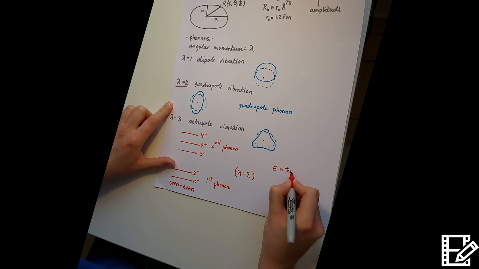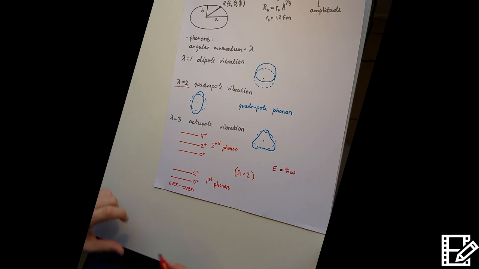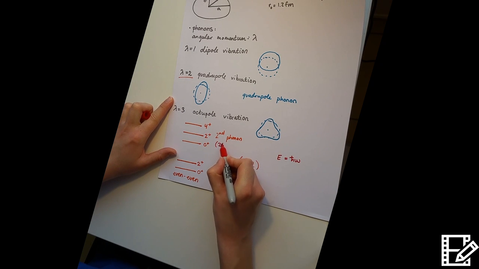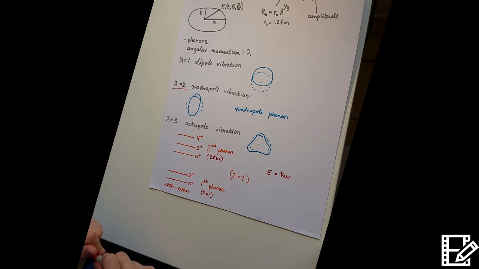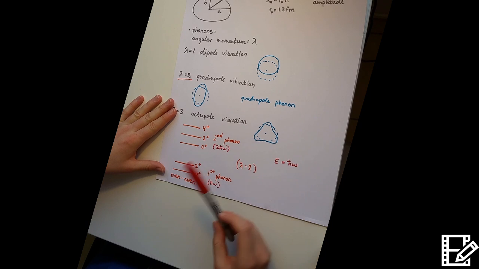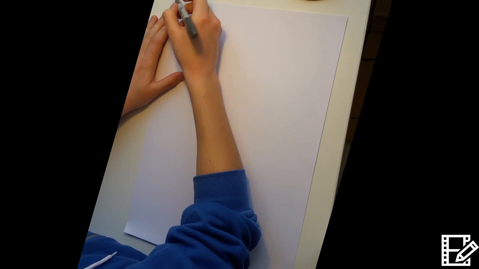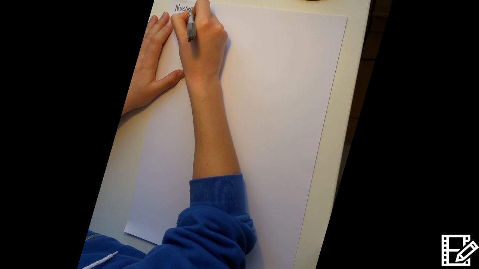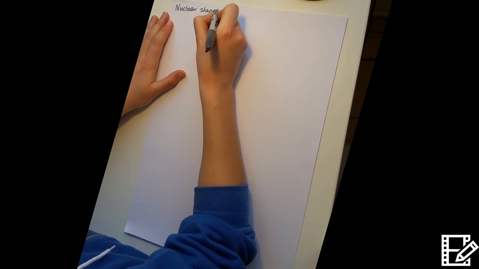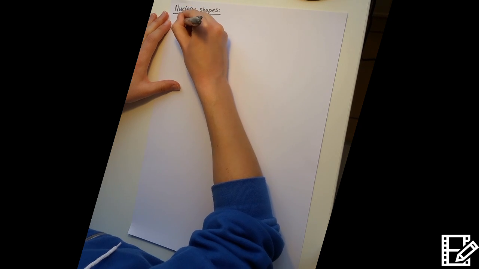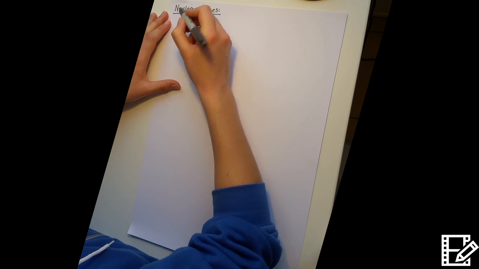We know that the energy of a phonon is equal to h bar omega. So in this case, here, the energy is h bar omega. And for the second phonon, we actually have 2 h bar omega. So this is the energy spectra of the nucleus. Now the nucleus can also have different shapes than an equilibrium spherical shape. For example, we define it in terms of around the z-axis. If we have, well, at first